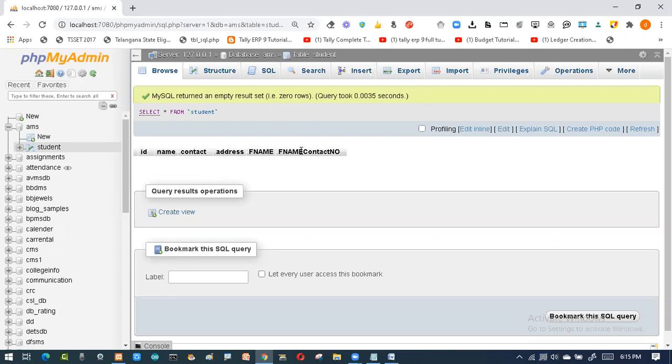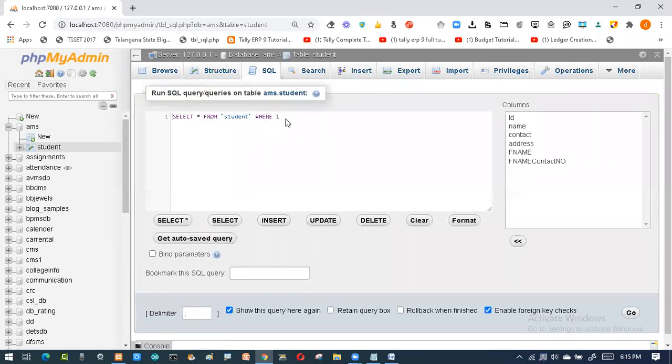So how many columns do we have? 1, 2, 3, 4, 5, 6 columns are there. So you should be very careful how many columns you are writing. I go to my SQL, then I write the command. If you forgot the column names, the right-hand side is going to help you see what columns are there. So I'll be writing over here: insert into, what is my table name? It's the student table.